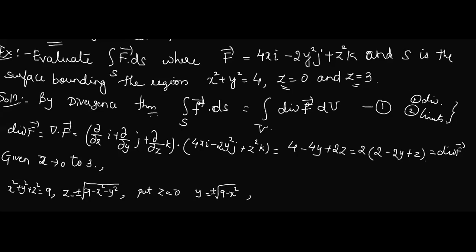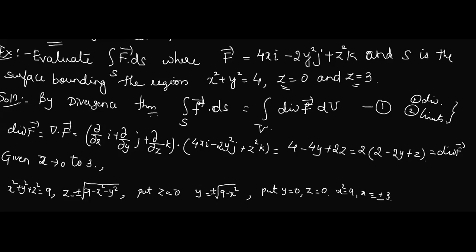Now, when I want to get the value of x, what did we used to do? Put y equal to 0, and z also 0. This goes in order actually. If you put both as 0, you get only x square equal to 9. X can be written as plus or minus 3. This is the overall procedure. I don't know how you have followed it, but this is the way we get the limits. You can open the book and check a solved problem on volume. Got it. Now, z is given already as constant, not to worry.